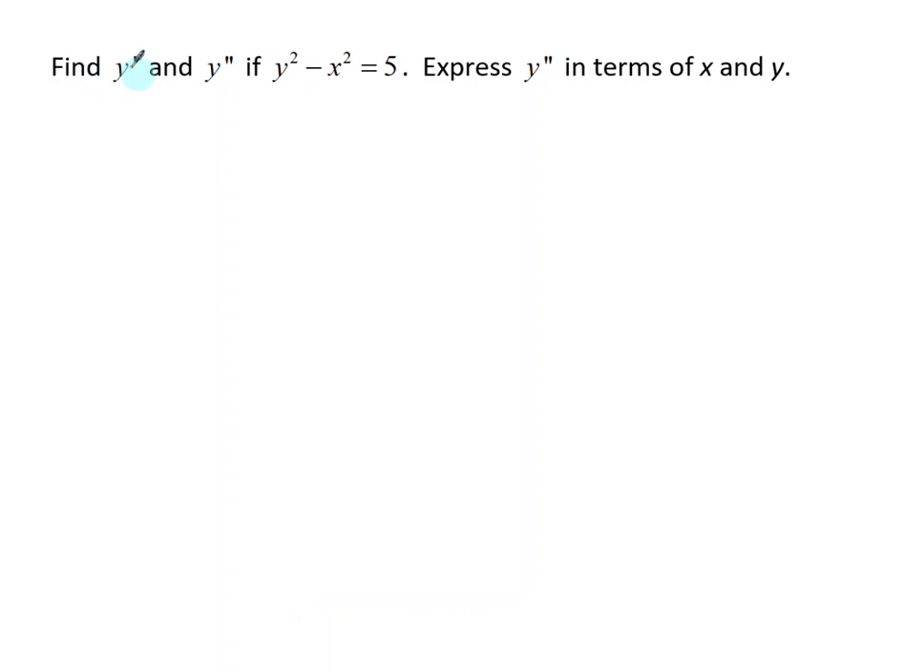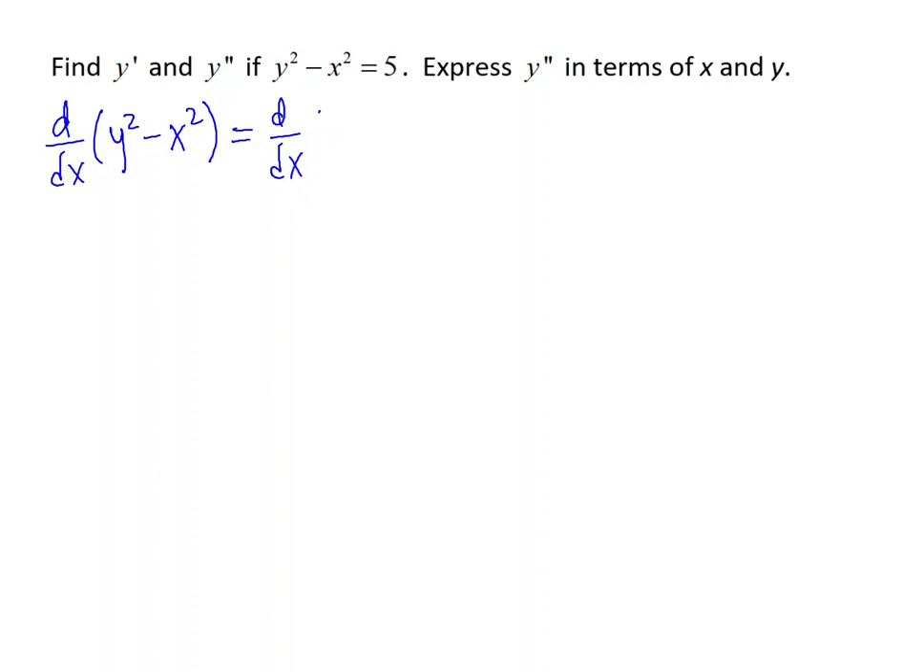Find y prime and y double prime, first derivative and second derivative, if y squared minus x squared equals 5. Express y double prime in terms of x and y. Let's start by taking the derivative with respect to x of both sides, y squared minus x squared,